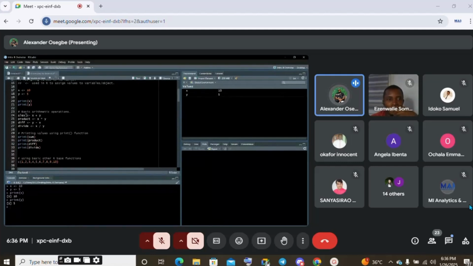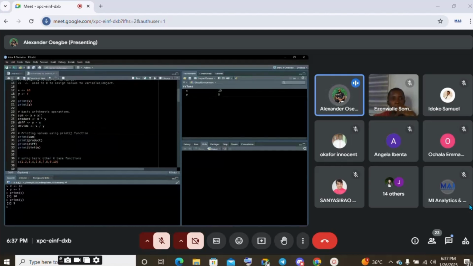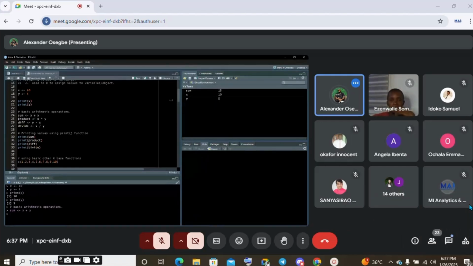You can write anything you want to write. It does not matter. You can just put anything you want to write. So whenever you run it, it will assign it here. So anytime you use this backward arrow, you are trying to assign a value, and it will always appear in your environment. So now you see we have assigned X plus Y to sum, and then let us assign X times